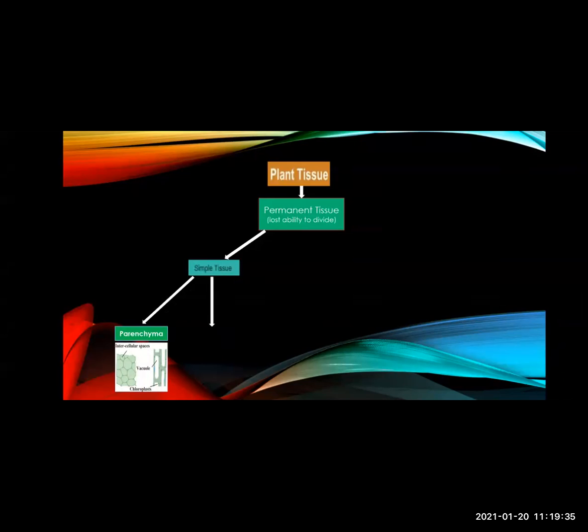In parenchyma, we have also studied the subtypes. What are they? First, we have studied chlorenchyma, the parenchyma cells which are rich in chloroplast, which are rich in chlorophyll, that is the green pigment. These are majorly seen in the leaves or in the green parts of the plants. As chlorophyll pigment is the essential pigment to carry out photosynthesis, the function of chlorenchyma cells is to carry out photosynthesis.